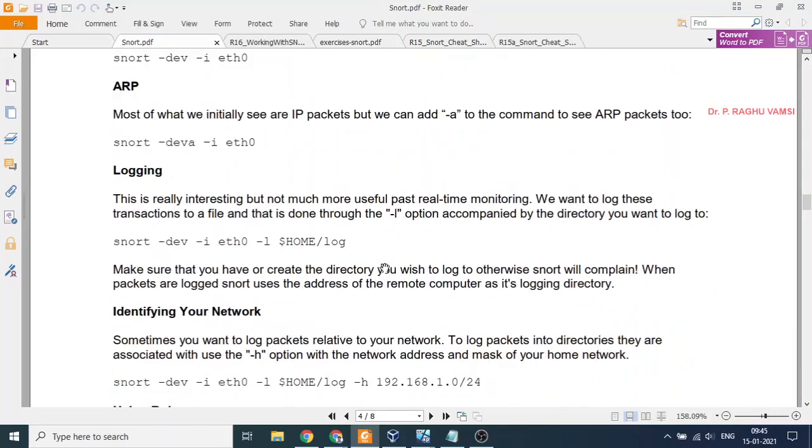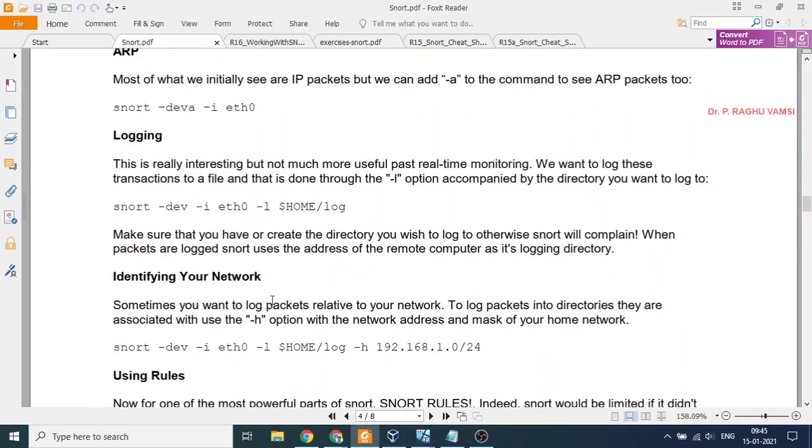Next is logging. For logging you can go for snort -dev -i eth0, and you can mention where you are supposed to log this, identifying your network. That means logging the traces which are intended for your home network.